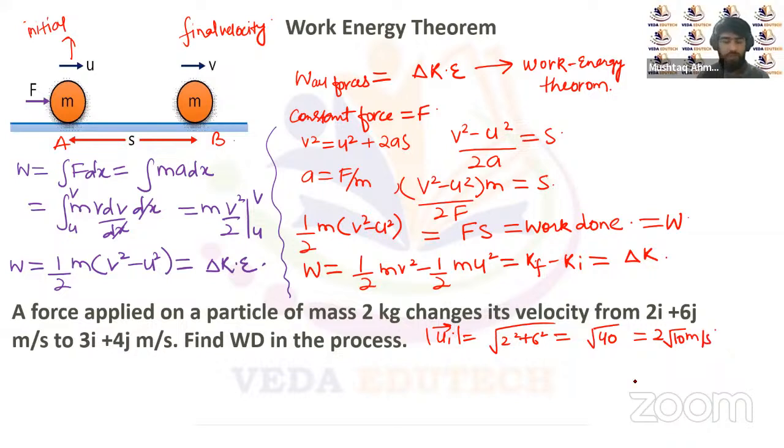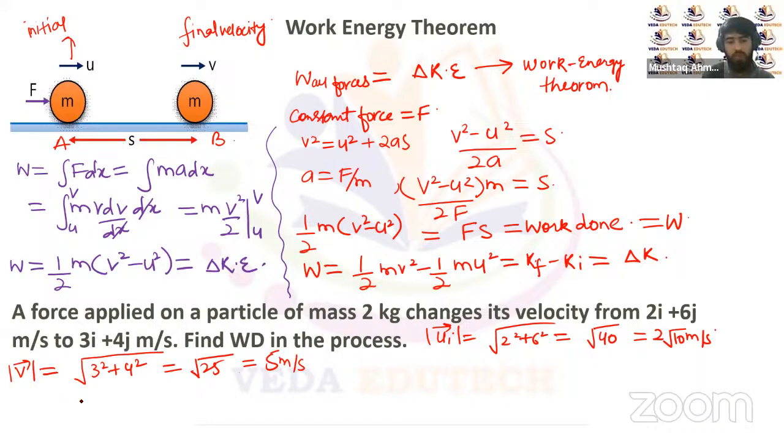Similarly, the magnitude of the final velocity, or the final speed, is root of 3 square plus 4 square, that is root of 25, which is equal to 5 meter per second. Now the work done will be